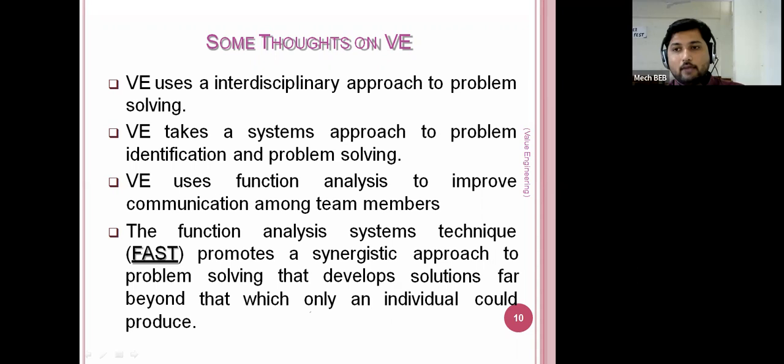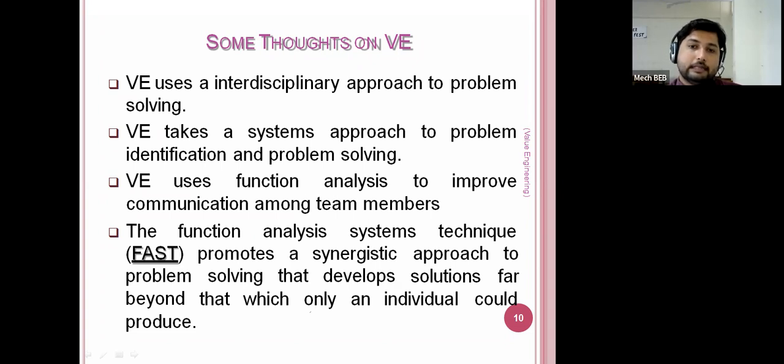If your product has some components related to electrical engineering, then you should have the knowledge of electrical engineering also, and manufacturing engineering and finance. If your product is related to electronics, telecommunication, mechanical engineering, electrical engineering, then you should have all these three engineering knowledges with financial knowledge. So it will be considered as an interdisciplinary approach, okay, to solve the problem.